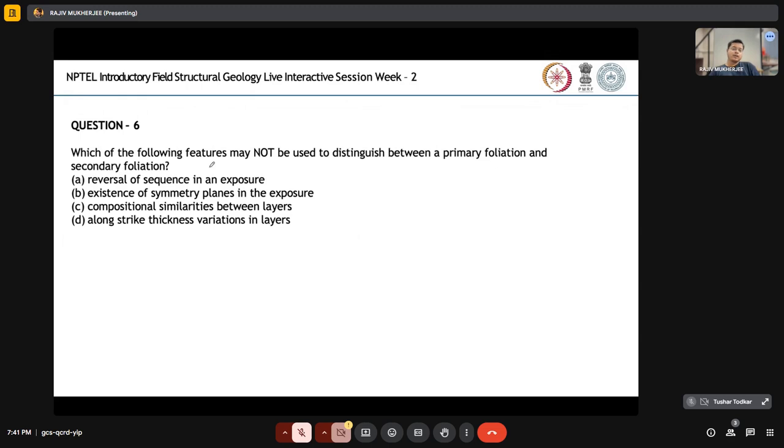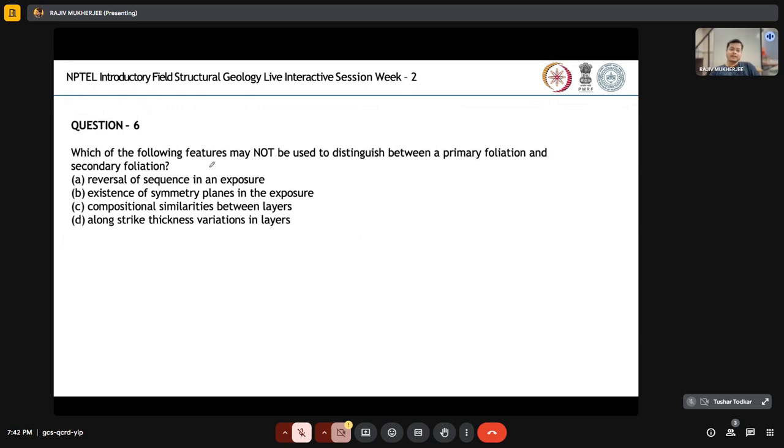So the first option that we see here talks about reversal of sequence in an exposure. So if you think of a very long exposure, you are seeing a profile section, it has a very good road cut and some of the features are very well exposed, neat and clean structures. You go along the exposure and find that after a certain plane,